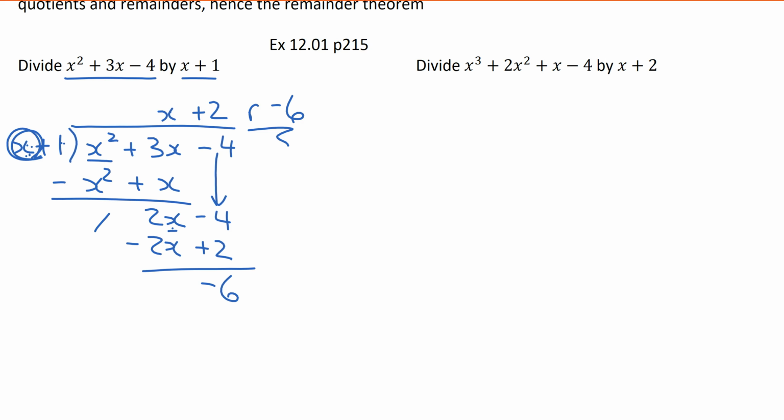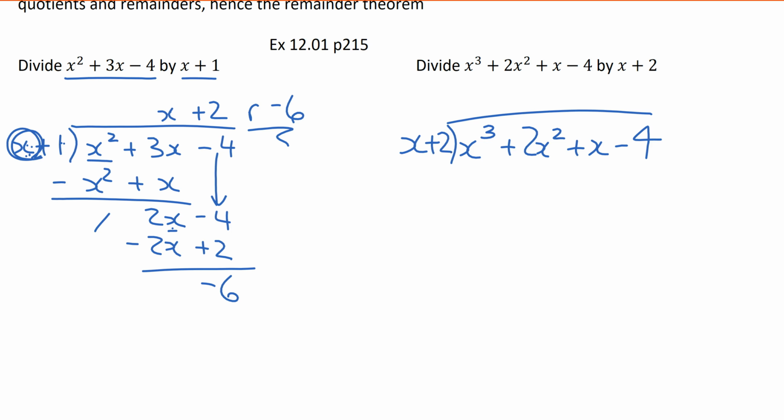Okay. Next one. What am I going to do here? X cubed plus 2x squared plus x minus 4. This is all divided by x plus 2. Is that right? What do I do now? X cubed divided by x gives you x squared. X squared times x gives you x cubed. X squared times 2 gives you